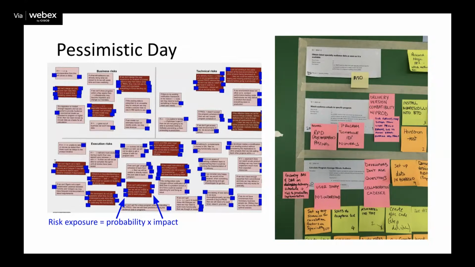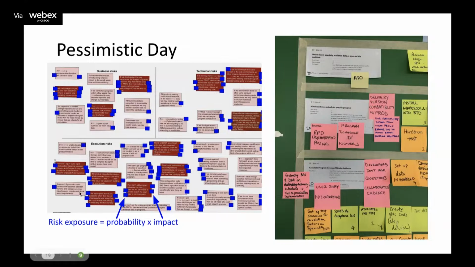And you know that every risk has a probability. How likely is it that this is going to occur? And an impact. What's the degree of negative impact if this risk actually manifests itself? And so what we do is we allow the people, and using Miro or Mural is actually great because it can be anonymous.